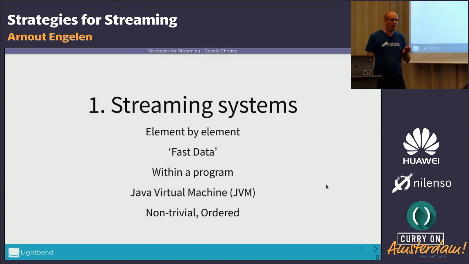And what we're talking about is really not just getting bytes from A to B, so not streaming in the networking sense, but streaming where we want to do interesting operations. We want to split up our stream, merge things together, maybe parse something, interpret the elements that go through our streams. So what we're looking for is a general framework in which we can do interesting operations on streaming data.